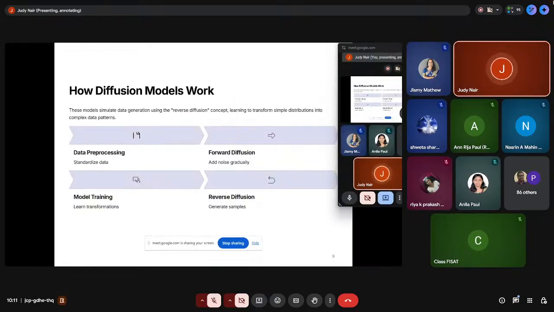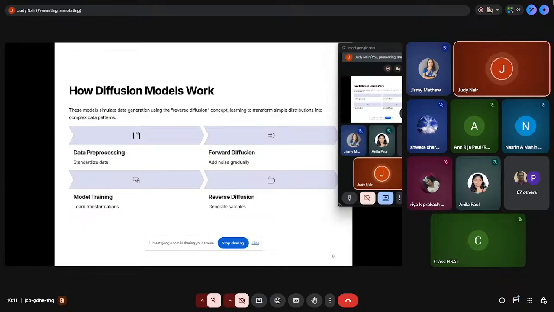There are many types of diffusion models, but how any diffusion model works is that these are the steps involved in building one. First, they call it forward diffusion. Then we have reverse diffusion. Before that, as usual, like in any ML model that we build, we have to do some data pre-processing, especially to ensure that we have proper scaling and centering of data.